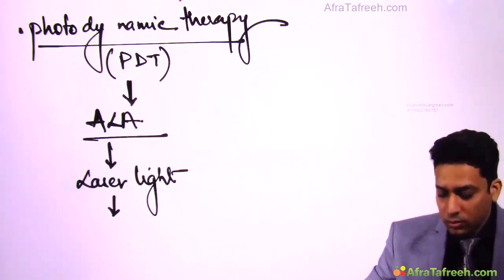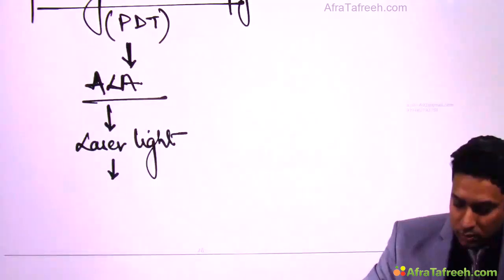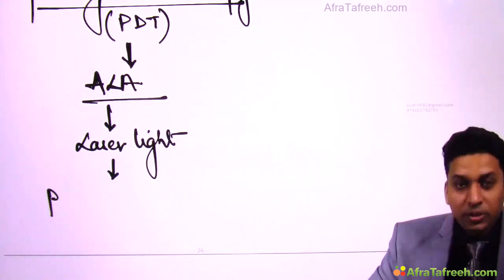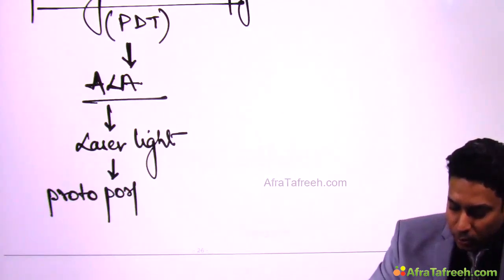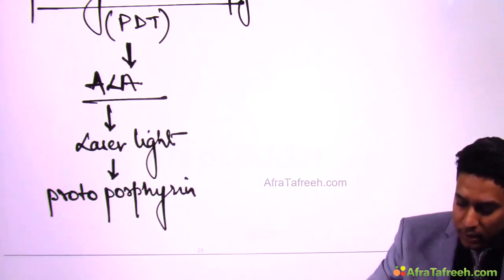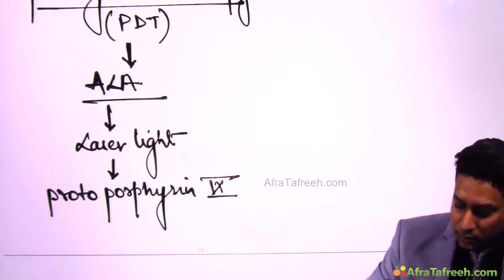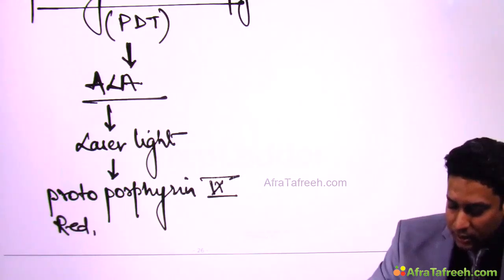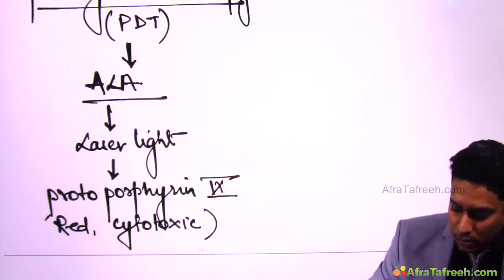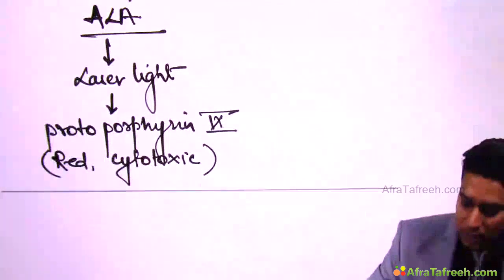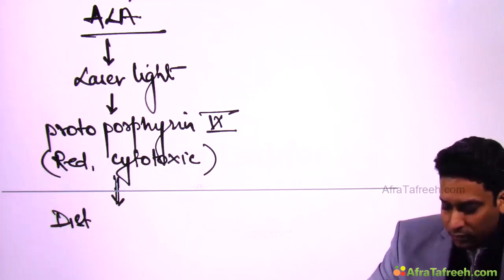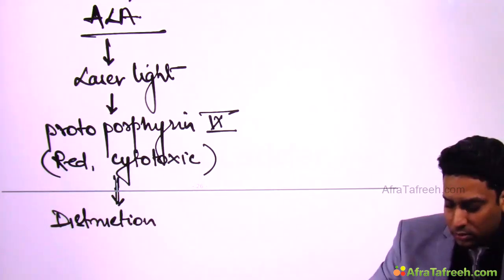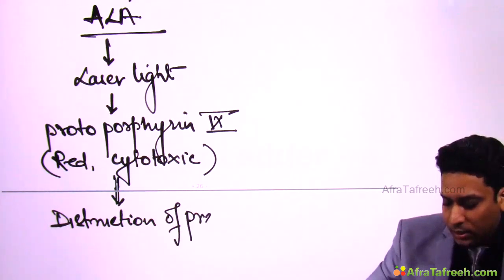This leads to formation of protoporphyrin 9, which is red in color and cytotoxic, leading to destruction of pre-malignant